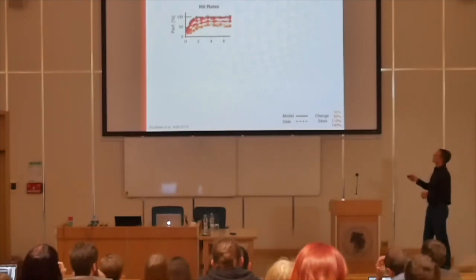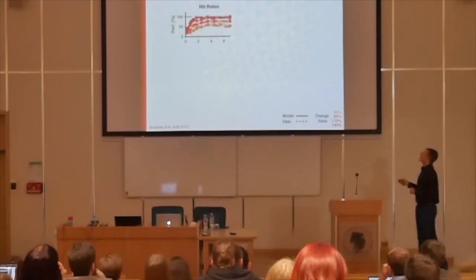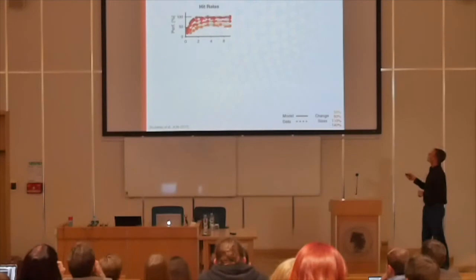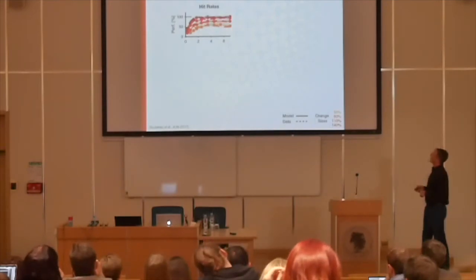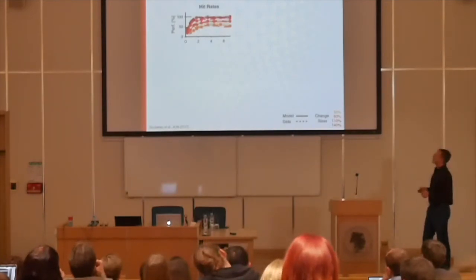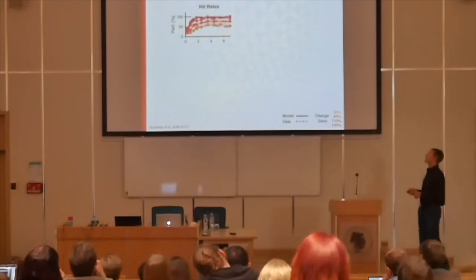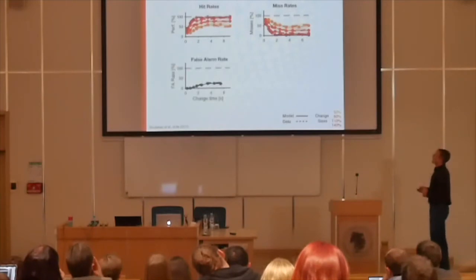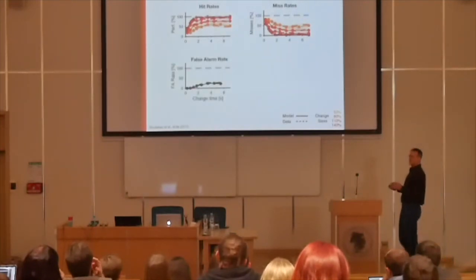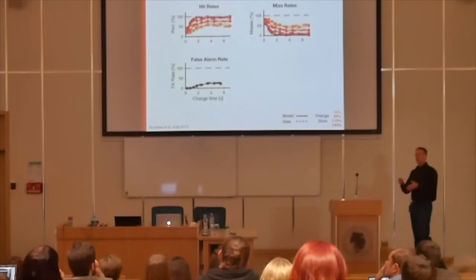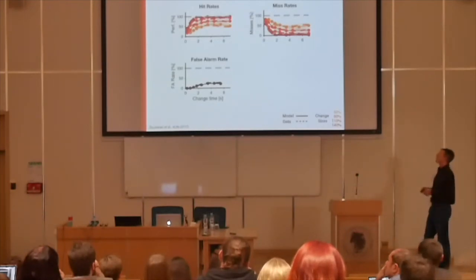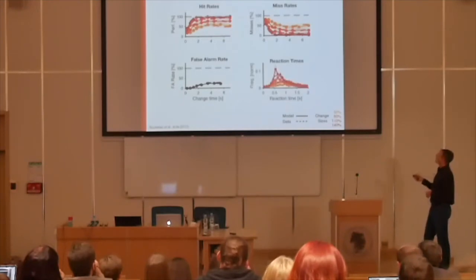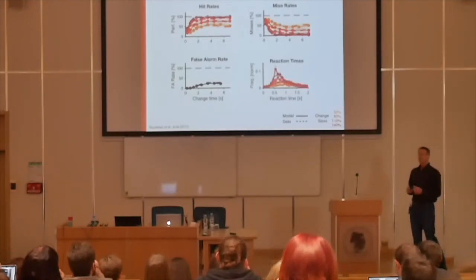The thick lines here with the dots on them are the model. And then on the other hand, you have the data behind it, the dashed line. And you can see that for the hit rates, we get a very nice fit between the two. For the miss rates, in a similar way, also the false alarm rate. For the false alarm rate, we always compute up to the point where the change is made, whether people have already made a decision up to that. And finally, also the reaction times, except for this annoying little peak here, we can fit quite well.